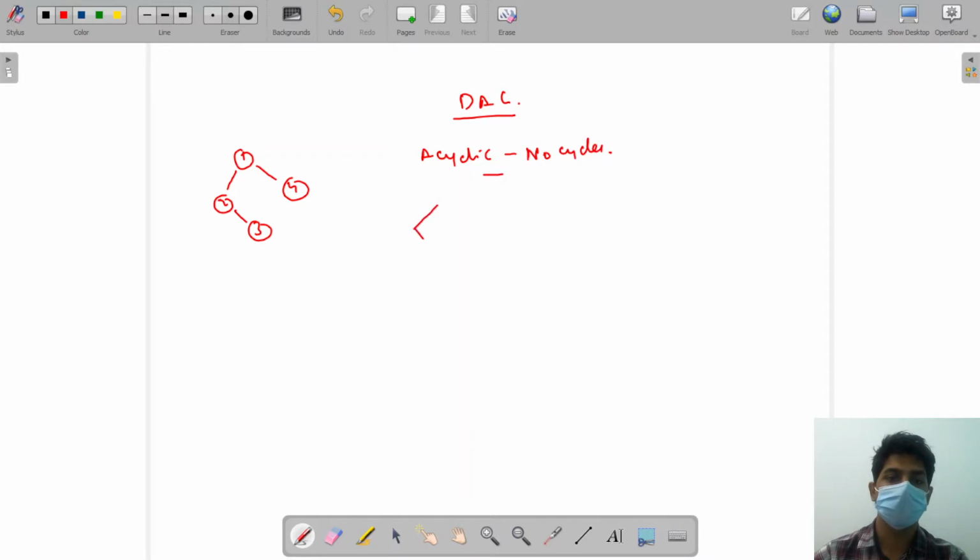If a graph is something like this, it is not an acyclic graph since there is a cycle, so this will not be present in the question. One more thing: what does directed mean? If there is an undirected edge between A and B, it implies that A can go to B and B can also go to A, so this is not a directed graph. A directed graph will be something like this: if the edge goes from A to B, it means that only A can go to B, but B cannot come to A. So for this particular question, we will be given a directed and acyclic graph.